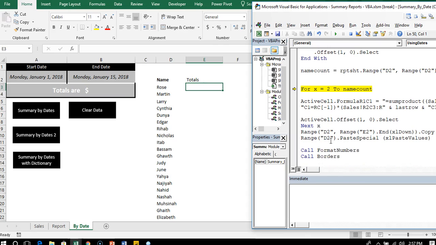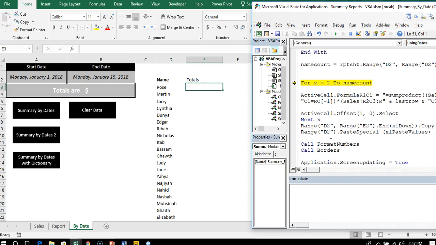Then I have a for loop. So basically it is going to run a loop from the first sales rep to the last sales rep, and it is going to put the formulas and aggregate the totals, right? So you can see it has done it for the first salesperson, which is Rose, and now the loop will run. It will go to the next cell,